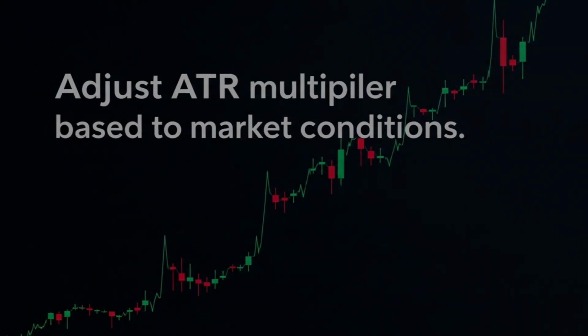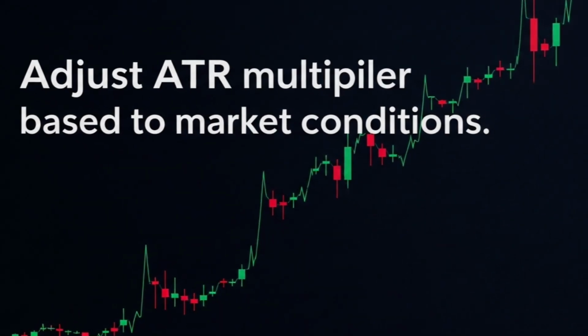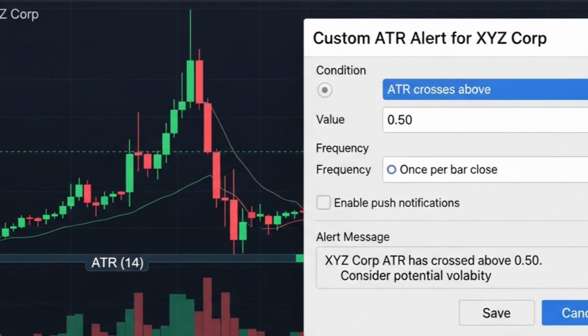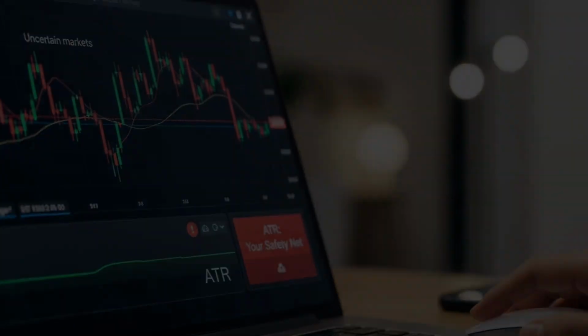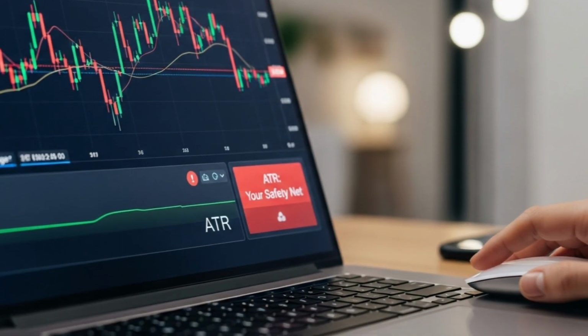It's also useful in identifying regime changes. If a market that typically has an ATR of 0.50 suddenly starts registering 1.20 or more, it may indicate a fundamental shift, such as a news catalyst, earnings report,